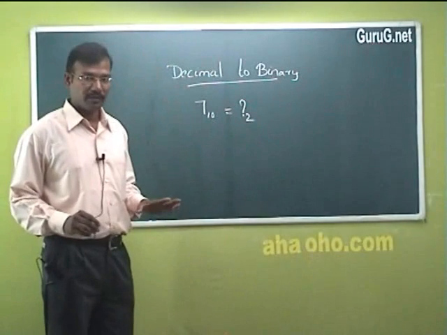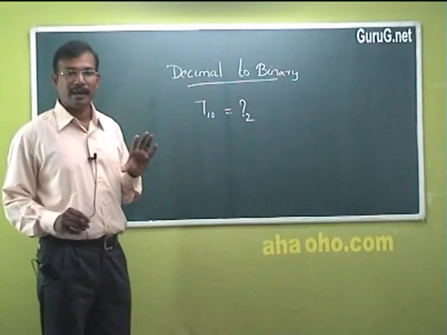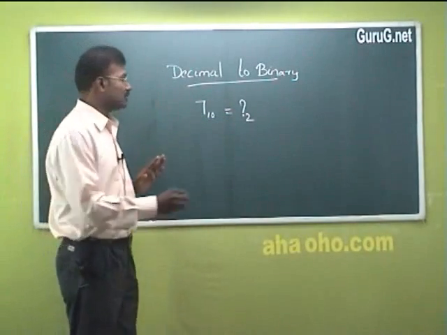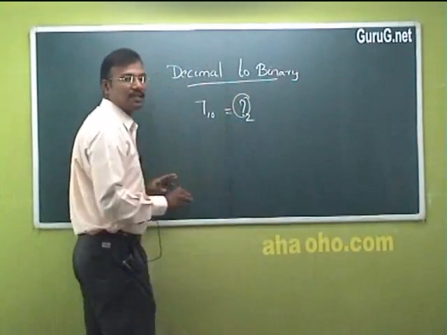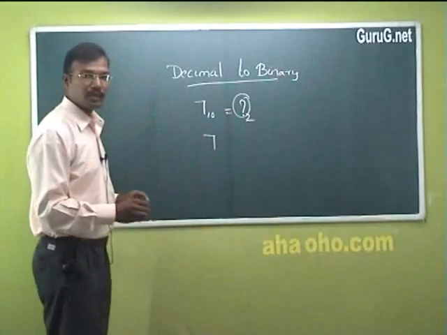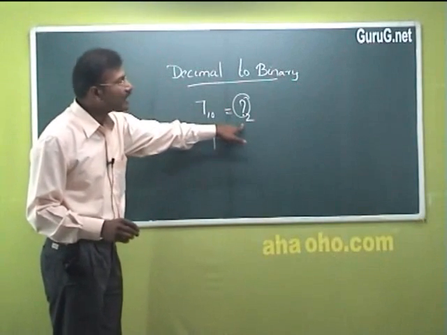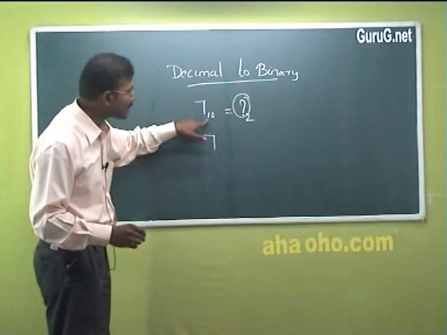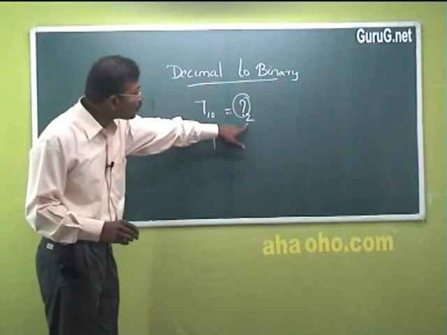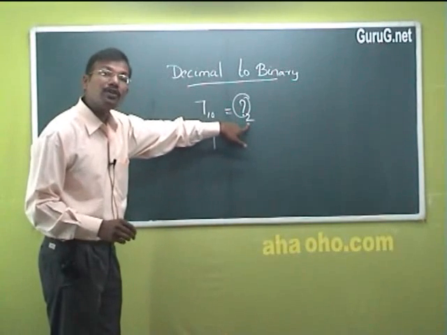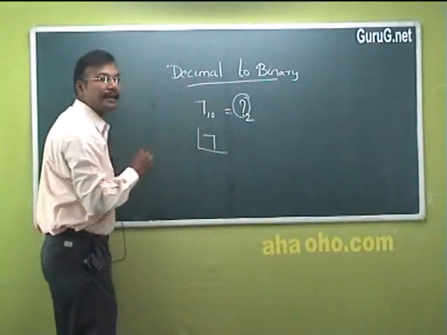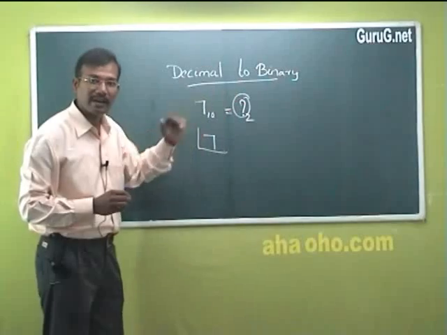Now how are we going to convert? We are using simple mathematics, the mathematical operation division, to find the value. That is, we need to find this value. We don't know this. We need to find that. How are we going to find it? First you use the 7. To which radix do we need to convert? This is currently in radix 10. To which radix are you going to convert? You are going to convert to radix 2. So what you need to do is use this particular number and divide by the target radix. Target base or target radix.